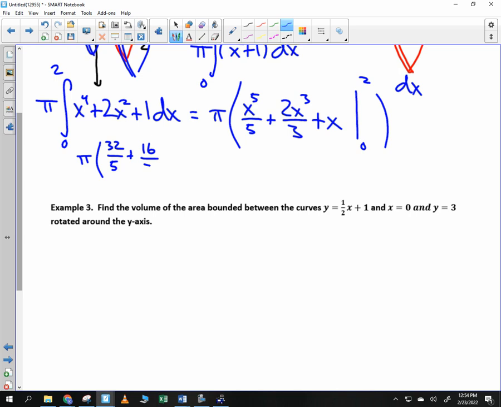Now at this point, you could plug in your calculator, or you could go ahead and find common denominators, which would be 15. So it would be pi times 96 over 15 plus 80 over 15 plus 30 over 15. 206 pi